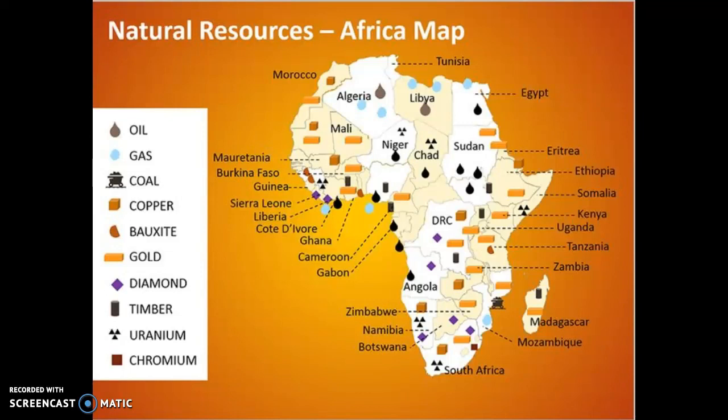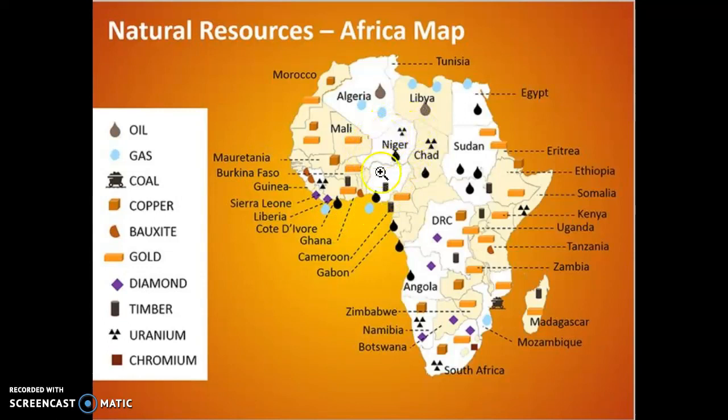So we often think of Africa as a poor continent. Remember, it's not a country, but a continent. The reality is they're really very rich in resources. When you look at this particular map, you can see this little teardrop is oil. So you have some countries, especially Nigeria, that has quite a bit of oil. You come along the coast, there's oil. The northern countries that we haven't talked about, they also have oil and they have gas deposits.